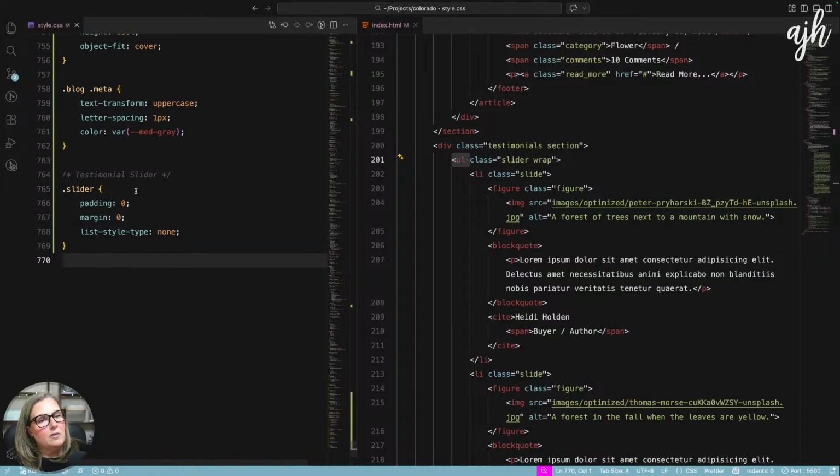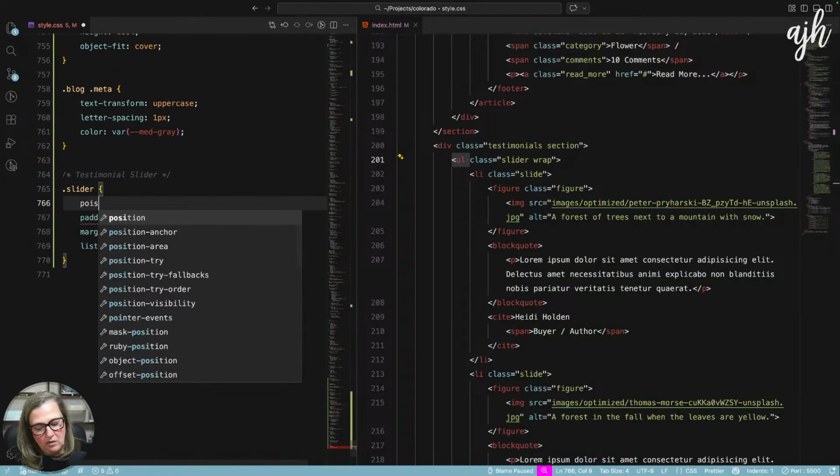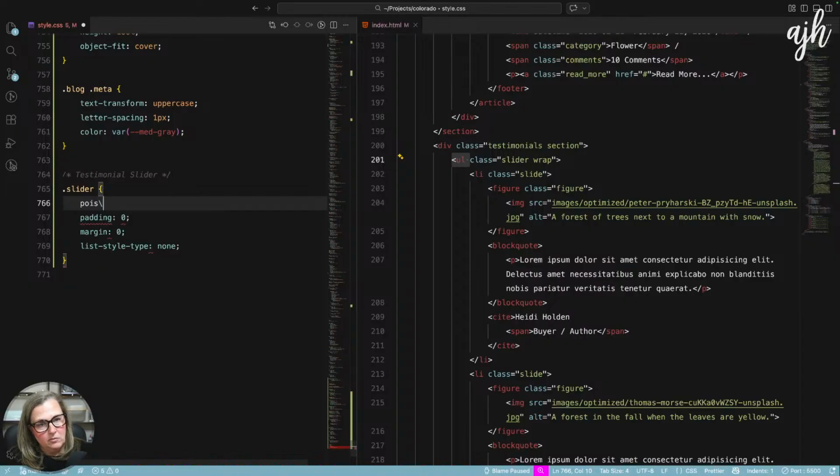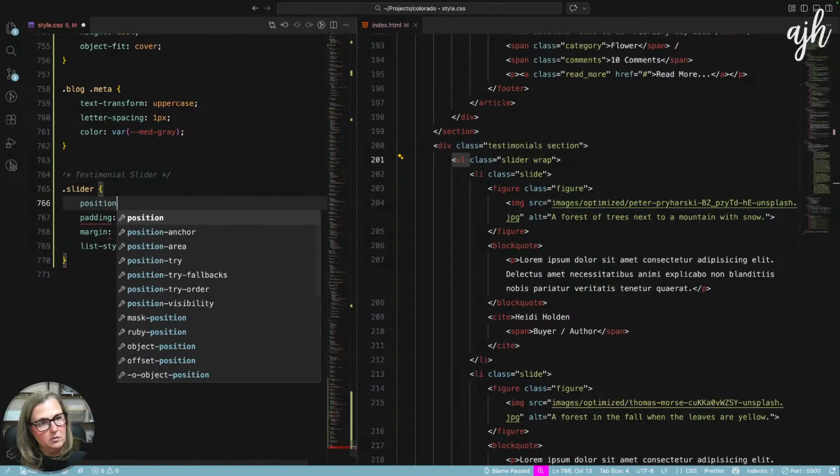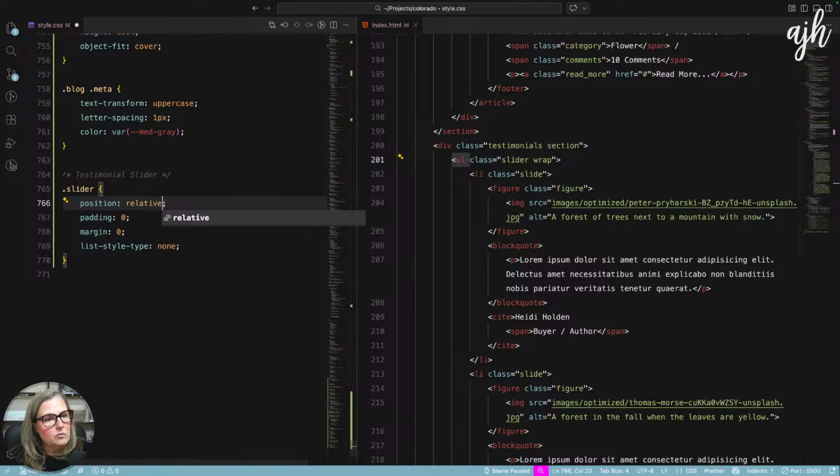And then this also needs to be position relative, because we're going to stack the list items on top of each other, and then the JavaScript will add an active class to each list item, and will use CSS to show the list item based on the navigation, whether you're going forward or backward.